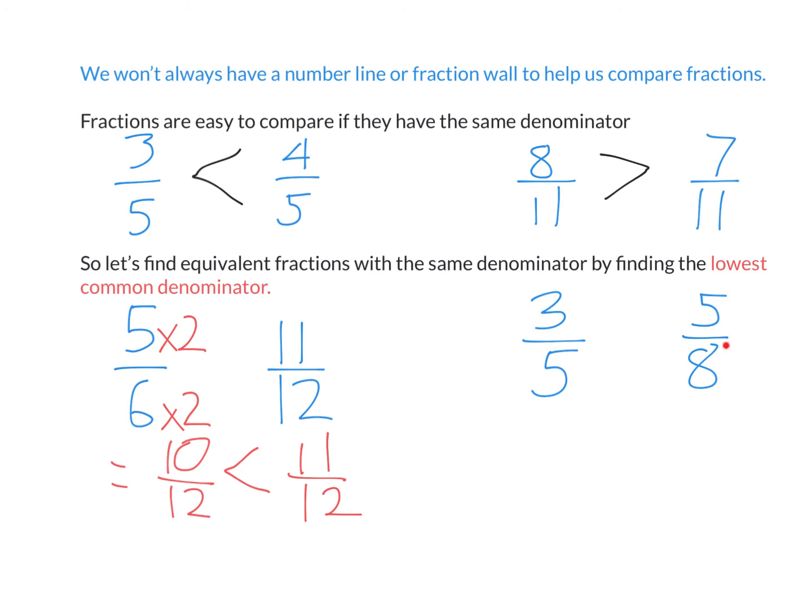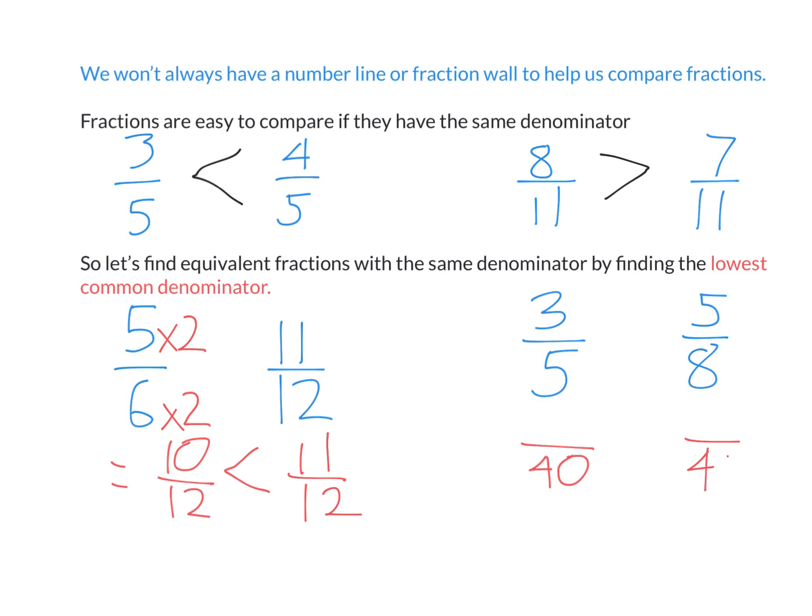So we're going to do something similar here now. Comparing 3/5 and 5/8 is hard. It's hard to tell, is this one bigger or is this one bigger? The reason it's hard to tell is they have different denominators. So what I need to do is find a fraction equivalent to this, find a fraction equivalent to this, so that they have the same denominator. So what do I want the denominator to be? Well, the lowest common denominator is the lowest common multiple of 5 and 8. The lowest number divisible by 5 that's also divisible by 8 is